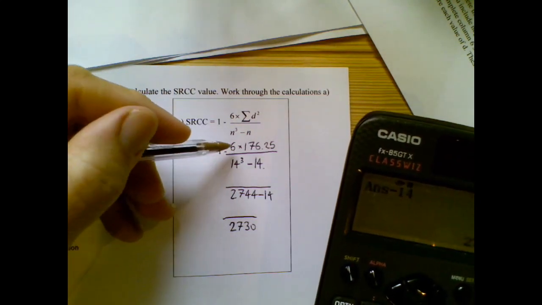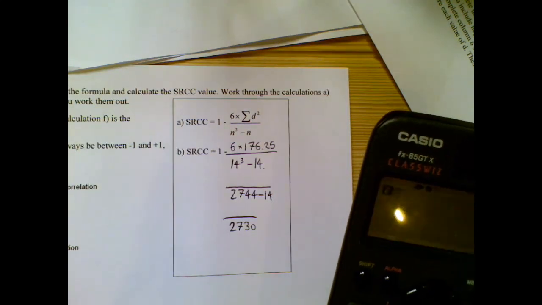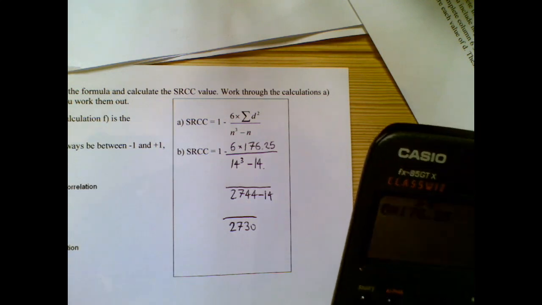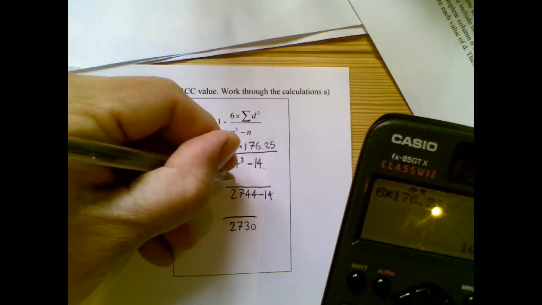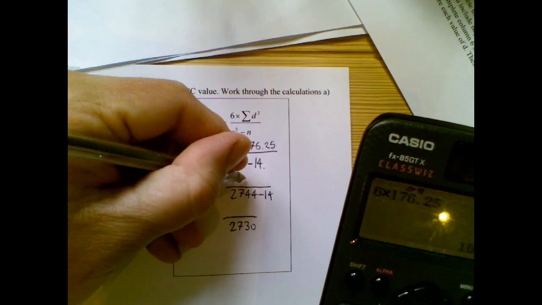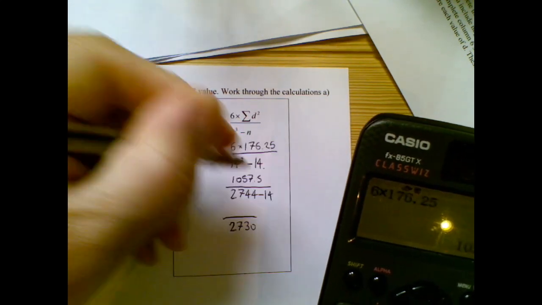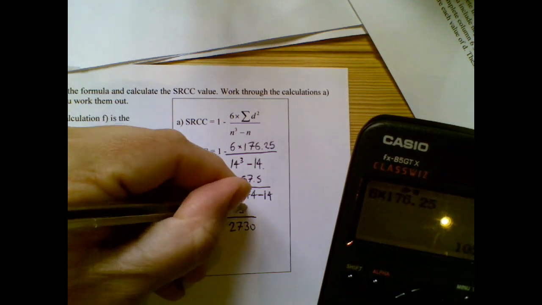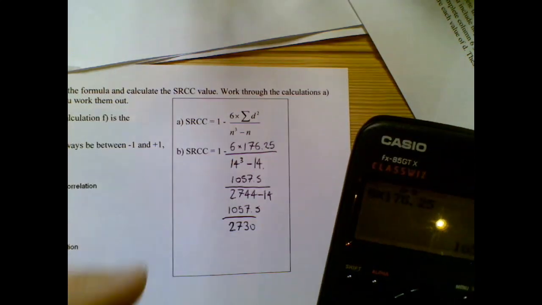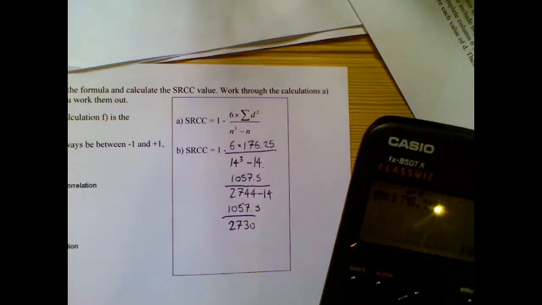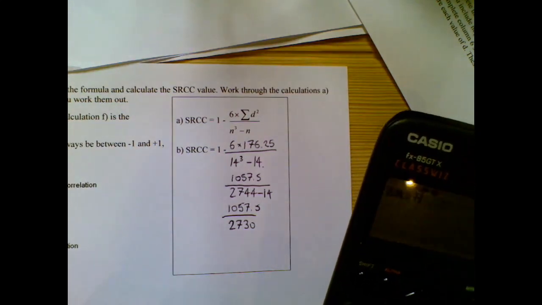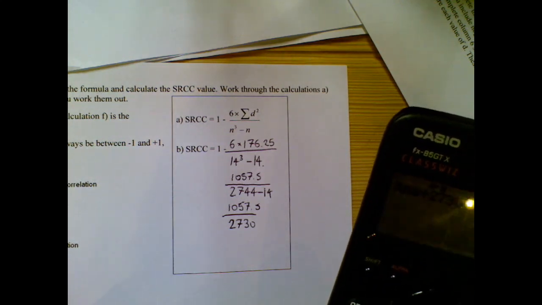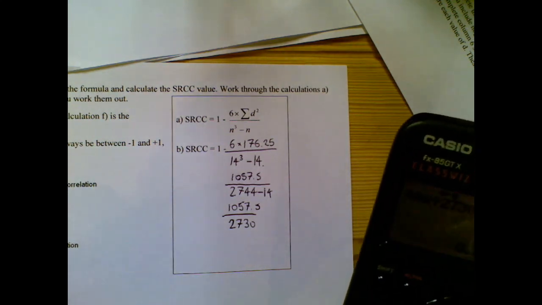And then here, 6 times 176.25 is 1057.5. I then also write that down here, 1057.5, and then I put that over 2730, and that gives me